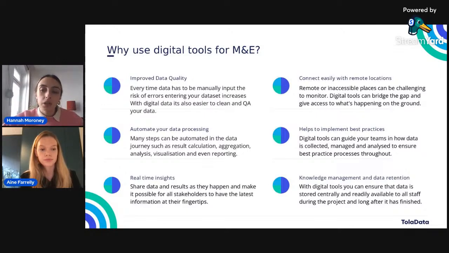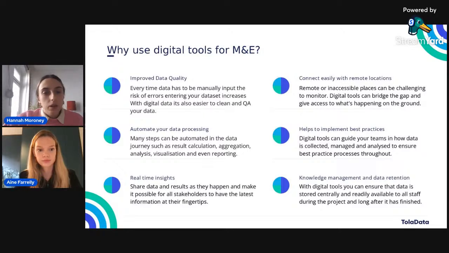With digital tools, you can make sure that your data is immediately being entered into charts or graphs or dashboards that you set up even months ago, and you don't need to come back and worry about it. You can use digital tools to ensure that this is happening without the manual effort involved.